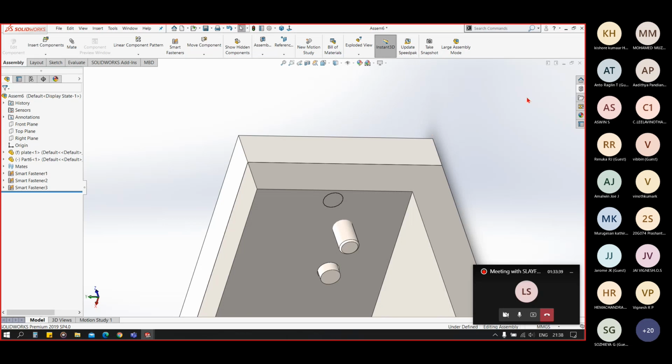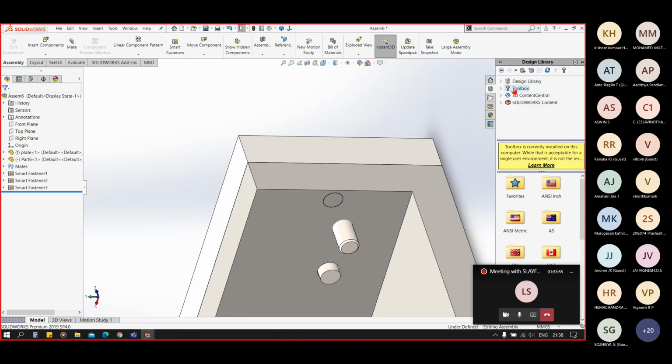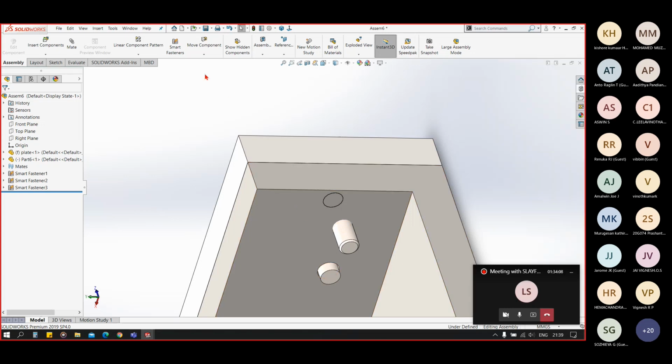For smart features, you need a toolbox, as you haven't activated the toolbox. You see this option here in the design library, the second option, click on that and you will see the toolbox option here. When you click on the toolbox, there will be an add-in option here. So click on add-in and click OK. It will open your smart fasteners option.